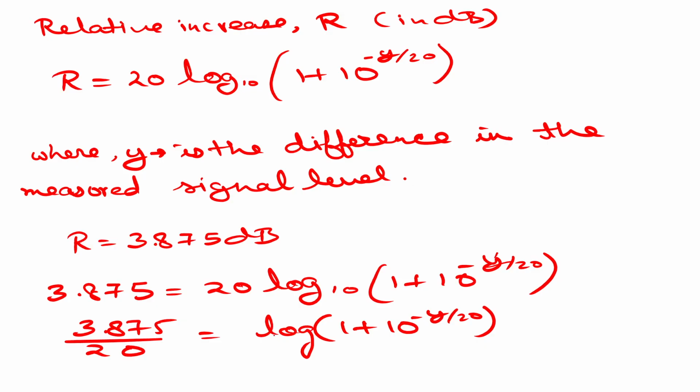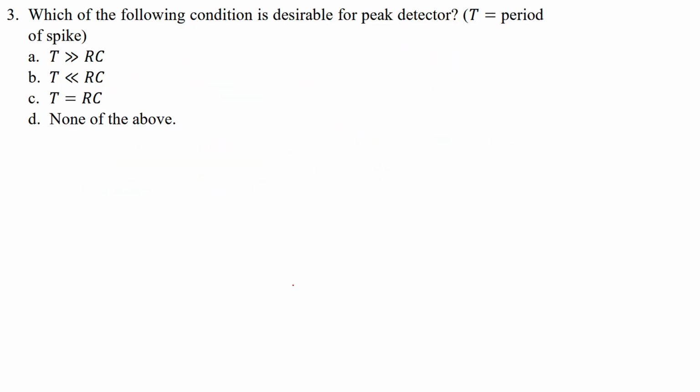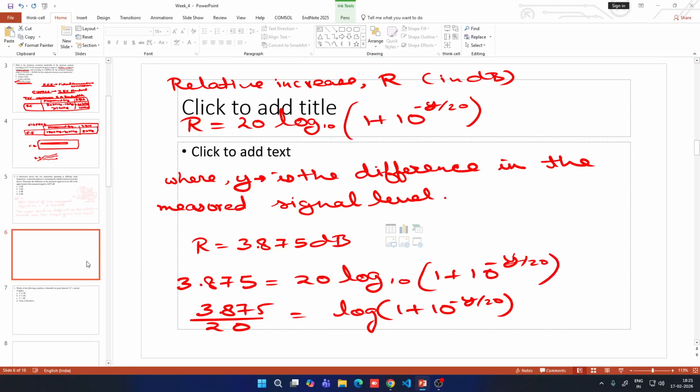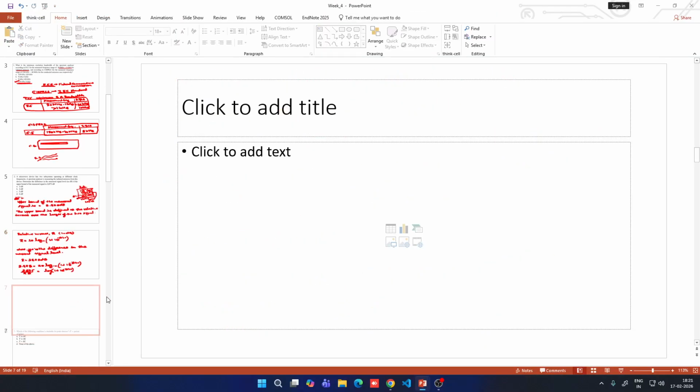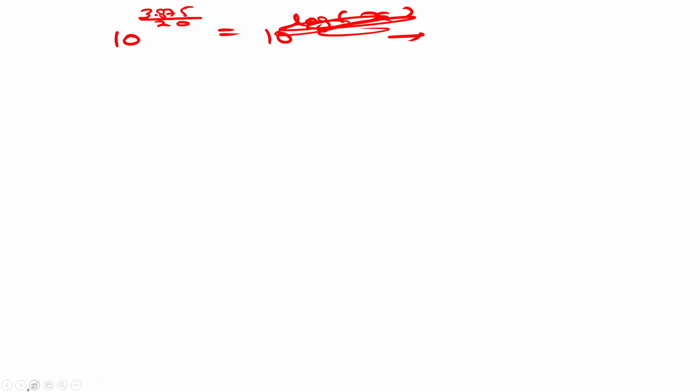In order to remove this logarithm on the right hand side, we can put it as 10 to the power 3.875 divided by 20. Since the base of that log was 10, I can write it as 10 to the power log of something, whatever this x is. This is just for example, but in our case it is